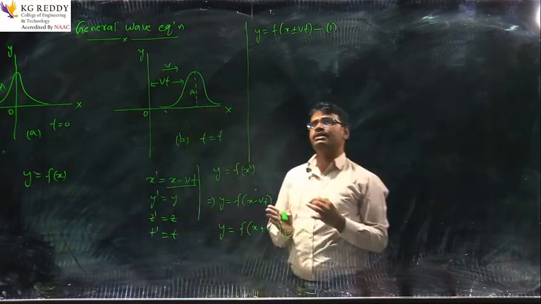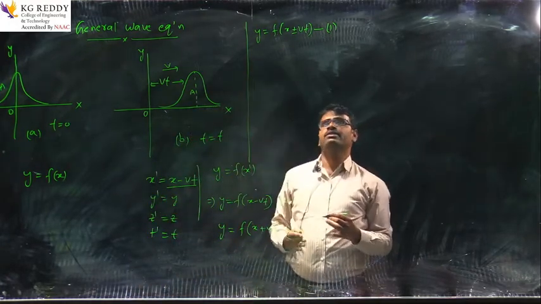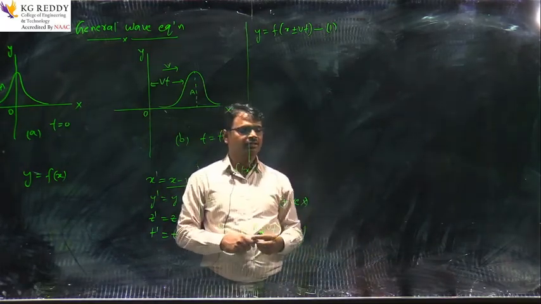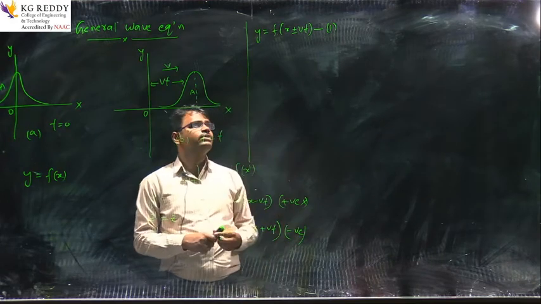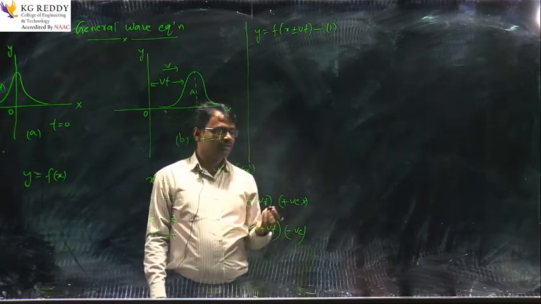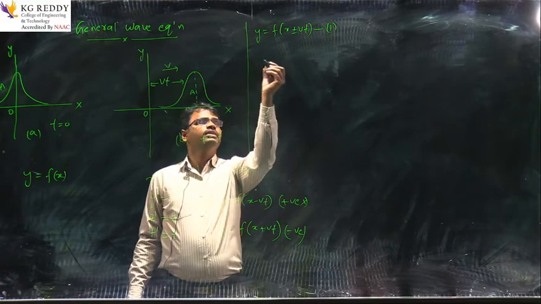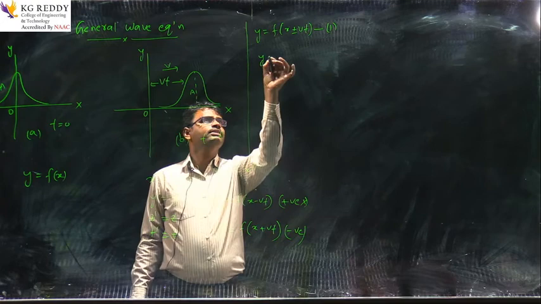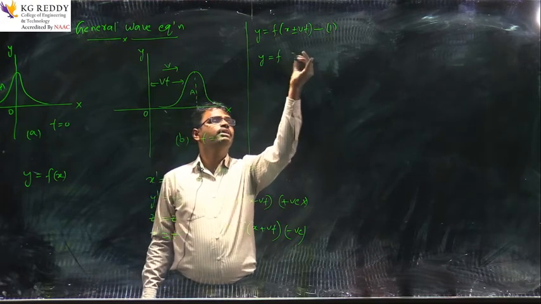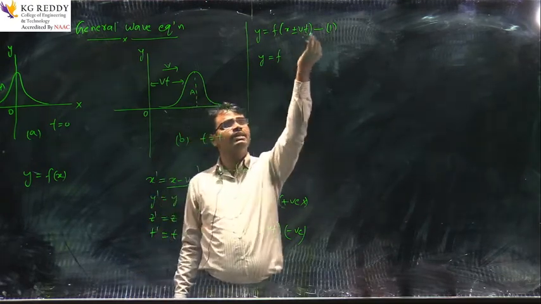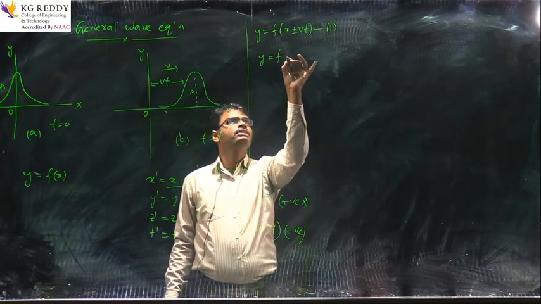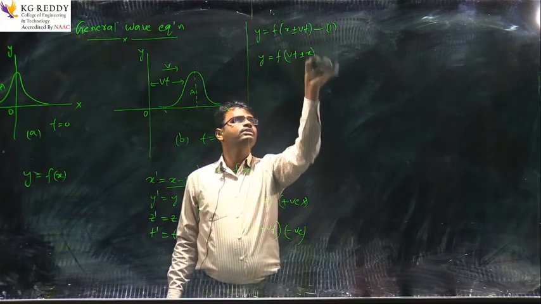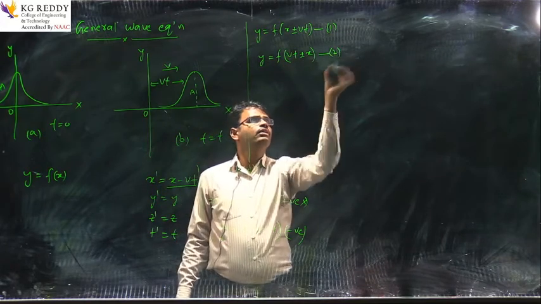This represents the spatial equation. What is the meaning of spatial equation? It refers to the space. If I want to refer to the time, that is called the temporal equation. I am going to consider it in temporal form, that is y equal to f of vt plus or minus x. We need to write this vt as the first part, vt plus or minus x. This is the temporal equation, equation 2.